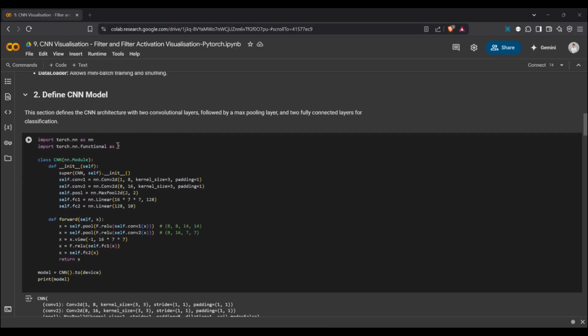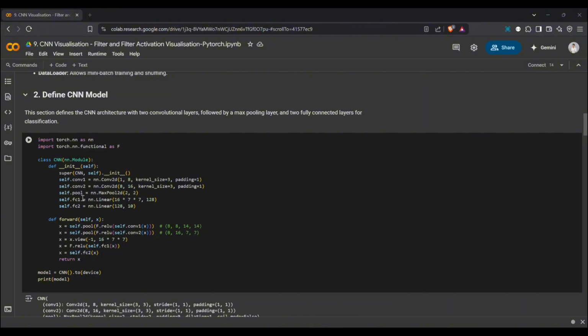For the second step, here we define a simple convolutional neural network that has two convolutional layers, conv1 and conv2, to extract features like edges, shapes, or textures.